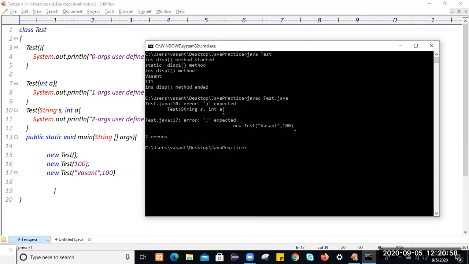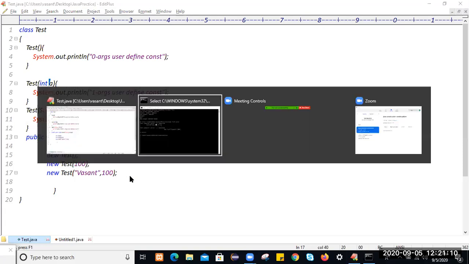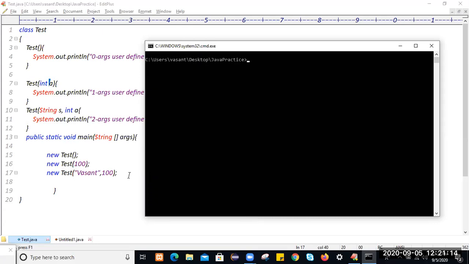Okay. So what we are expecting here, this is test int, where we have missed, here it is. Let me compile once again. To compile it, just use javac Test.java command.